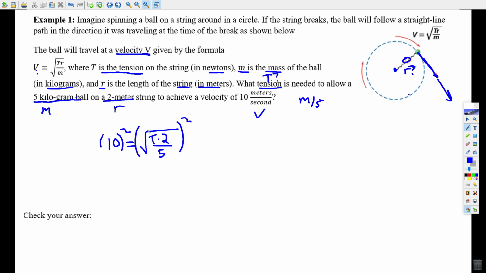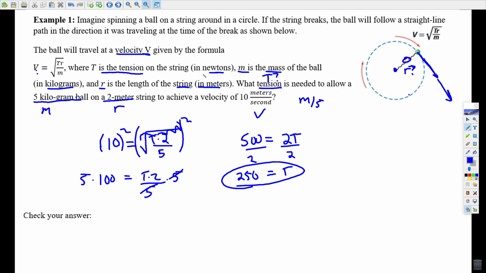I do the same thing on this side. You don't need the parentheses because we don't have a negative here. 10 squared is 100. This will cancel out the square root. So we get t times 2 over 5. Of course, you could also make this 2t if you'd like. And then how are we going to finish this? We can multiply both sides by 5. I'll cross them out, and we'll get 500. 500 equals t times 2, or 2t. Then we'll divide both sides by 2, and we get a tension of